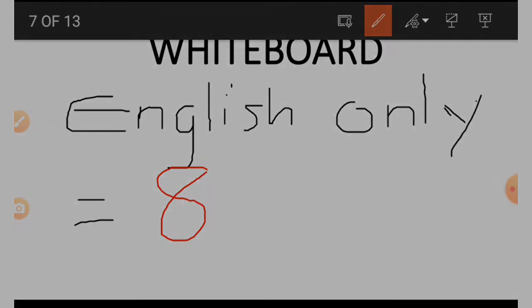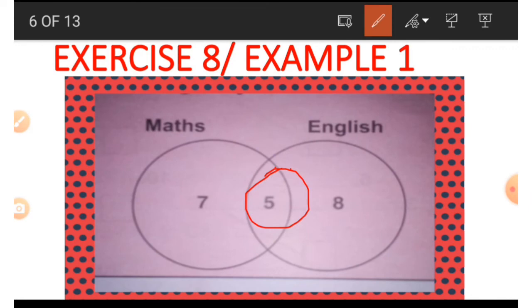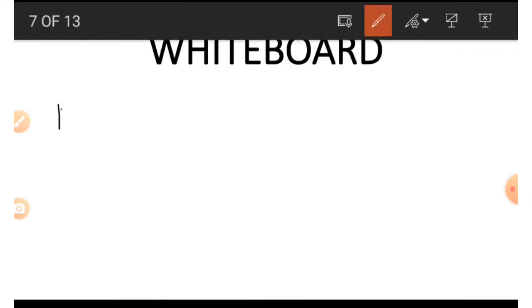So Venn diagram questions are not difficult at all. Now the center part represents something. What does it represent? Well, we said that before. It represents both